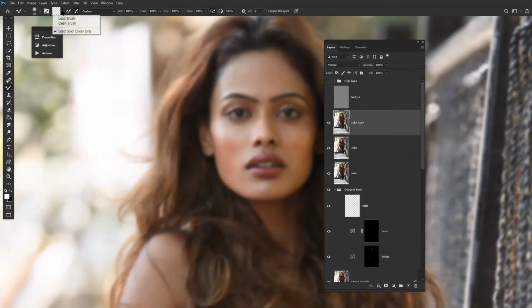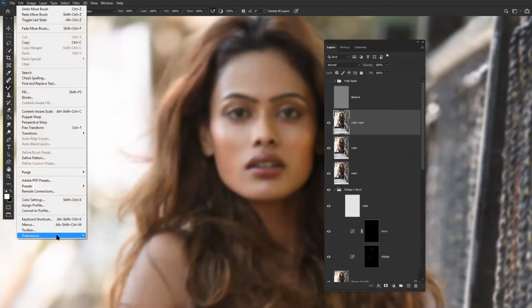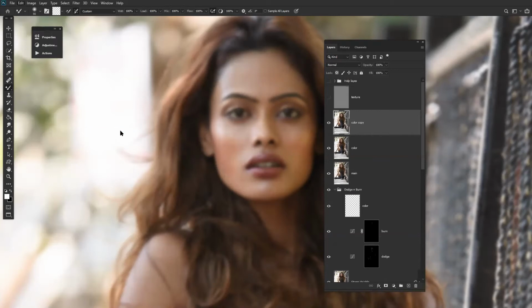So for that, we have to keep a clean brush: switch on this brush with the cross sign, and switch off this one with the color picking sign. We have to keep it off. When you keep it off, it's gray. Let me change the color and see if it's more visible or not.